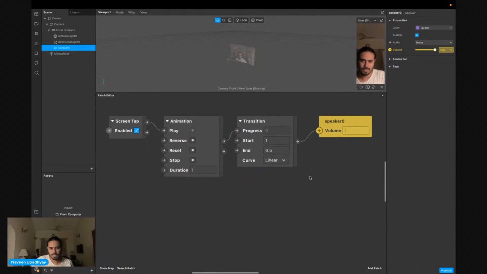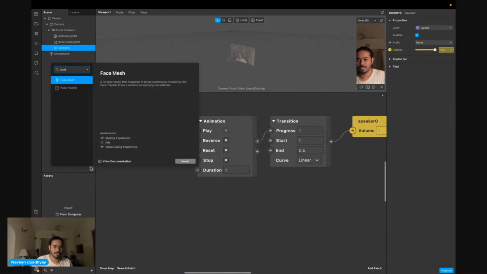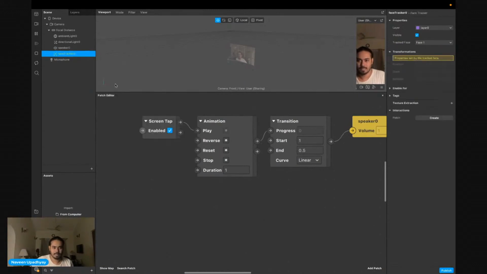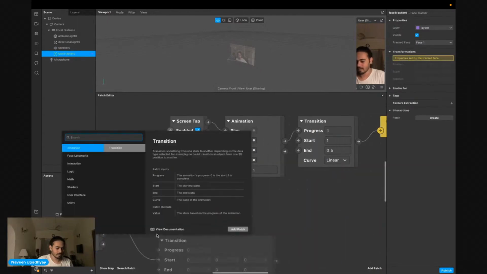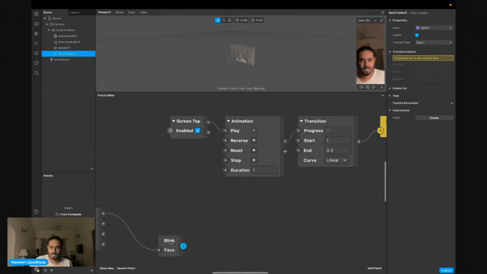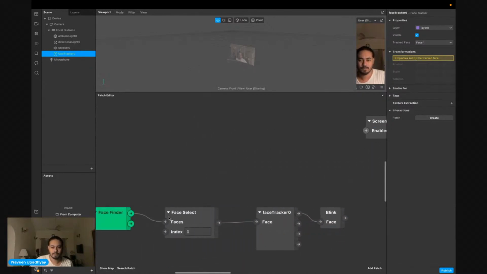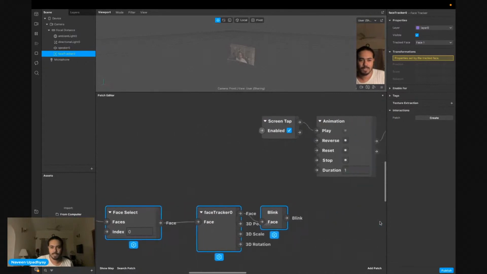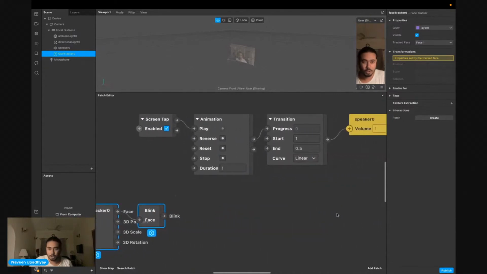But if I blink my eyes, so I'm going to have a face tracker, and if I blink my eyes, then I want to change the values to, let's say, 0.25.